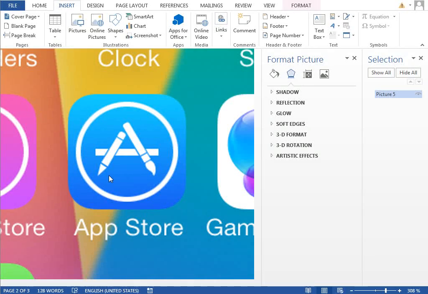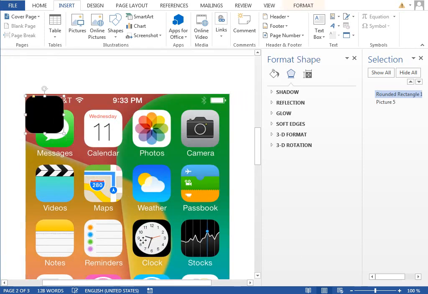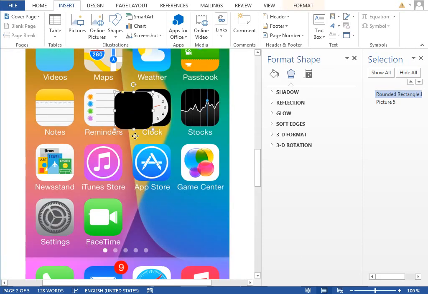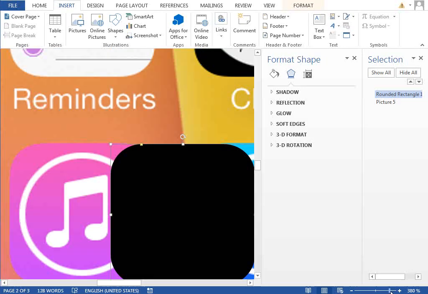The next icon which you can do is this App Store icon. It's quite easy, but this time we cannot use any symbols from the font because there is not such a pen and brush, so we have to draw it from the standard shapes instead. But first, start with our shape, paste it, move it next to the App Store icon,